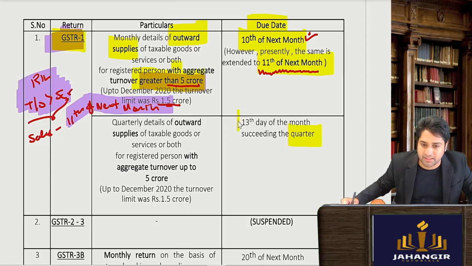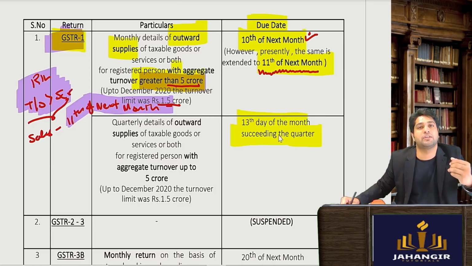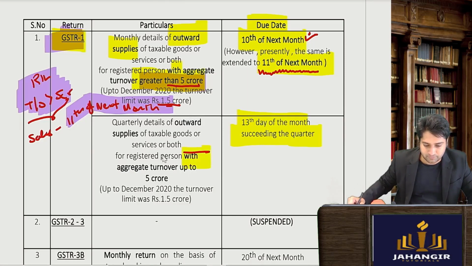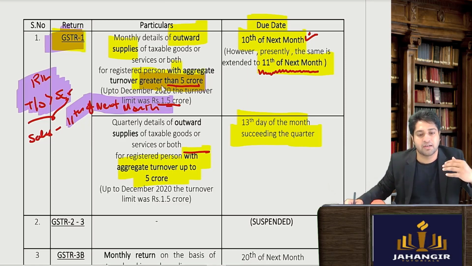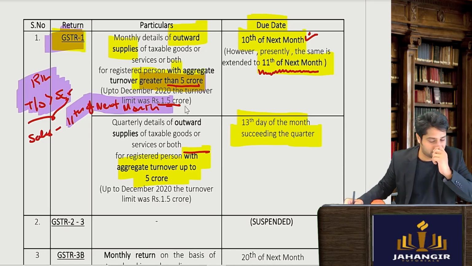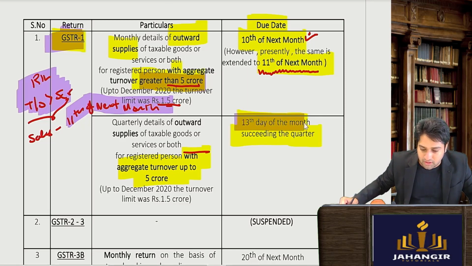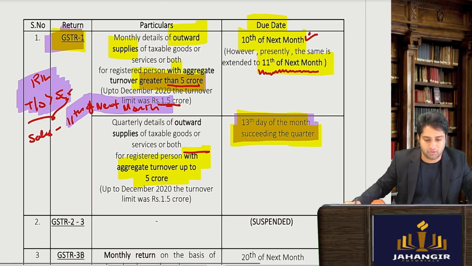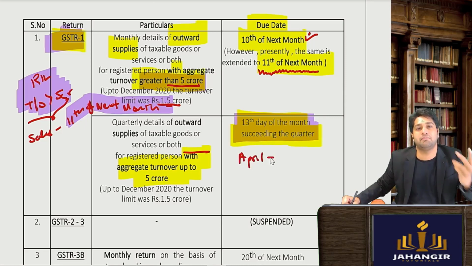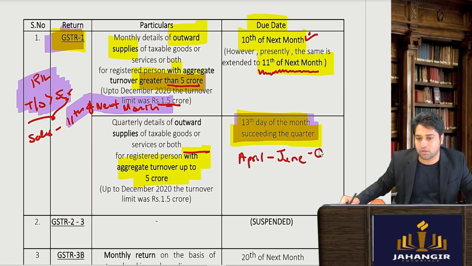तो लेट्स सी, और उनको डेट भी दिया है 13th of the month following the quarter. So let's say if your turnover is up to 5 crores, remember this 5 crores limit was earlier 1.5 crore. Now the government has increased it, Finance Act 2021, that it is 5 crores. Okay, they have kept it as 13th of the month following the quarter. For example, let's take the quarter of April, May, June. ओके, सो अप्रैल मई जून, तो ये हो गया क्वार्टर 1.